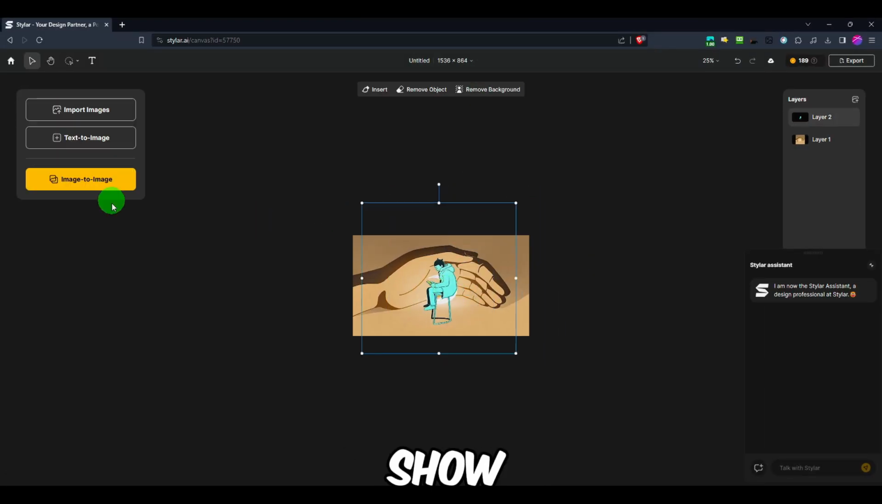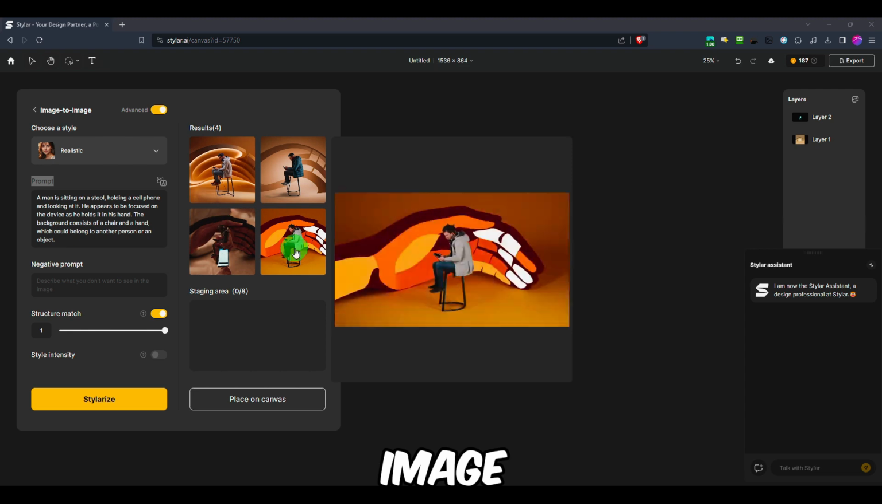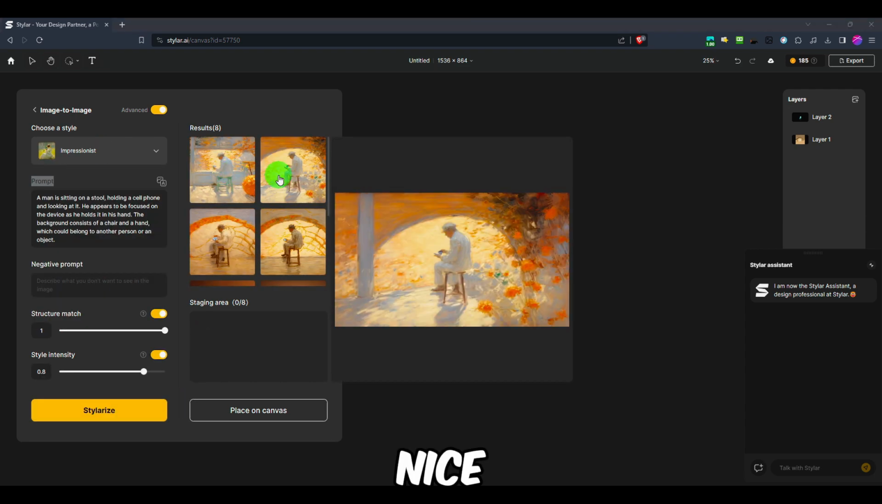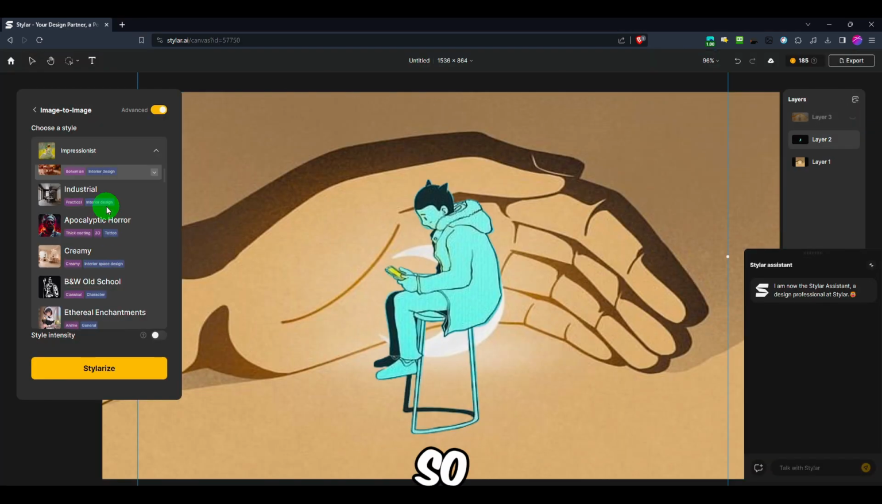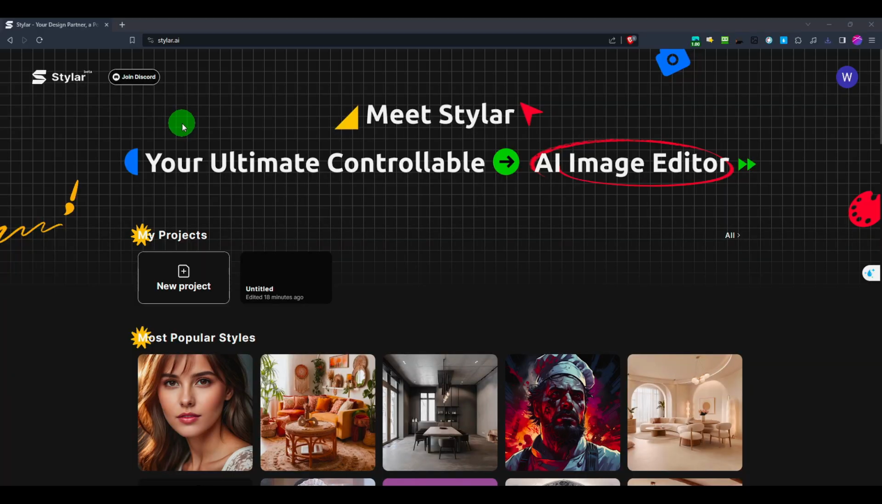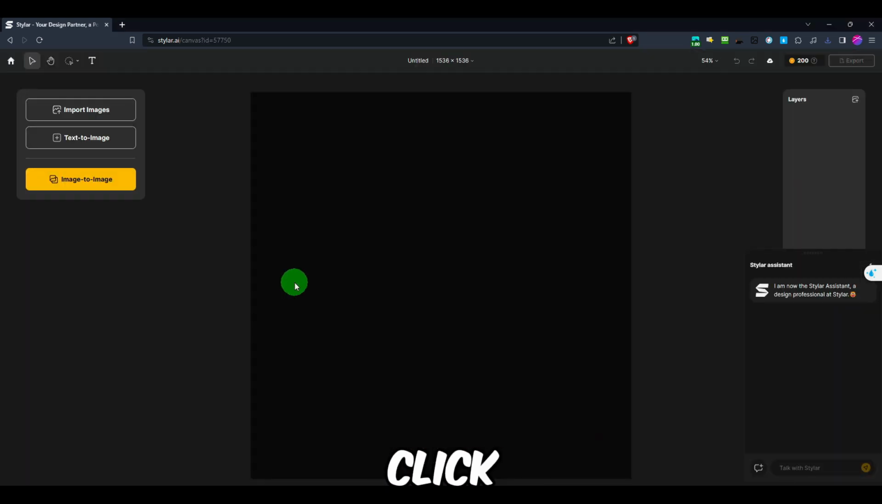So in this video I'm going to show you how to turn a 2D image into a 3D, really nice method. So head over to this website stylar.ai, and now click on a project, click on new project. I'm just going to click on new one I've worked on, and now here what we have to do